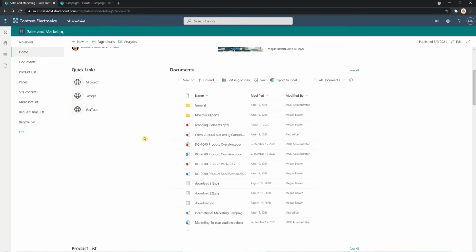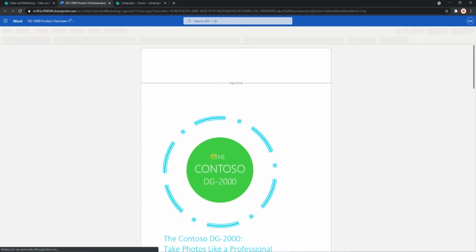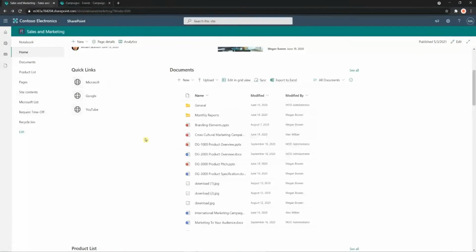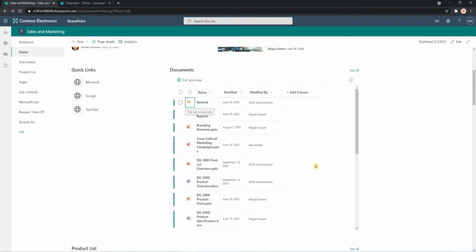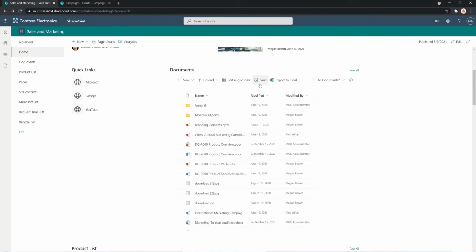The most obvious thing is you can quickly see your documents, and when you click on them, you can begin editing them, reviewing them, working on them. So it's very easy. But you also get this whole array of tools up here with our toolbar. For example, we can create brand new documents straight from here from our SharePoint site. We can upload existing documents. And in case we have metadata, we can alter metadata for many documents at once using the edit in grid view. We can also begin to sync